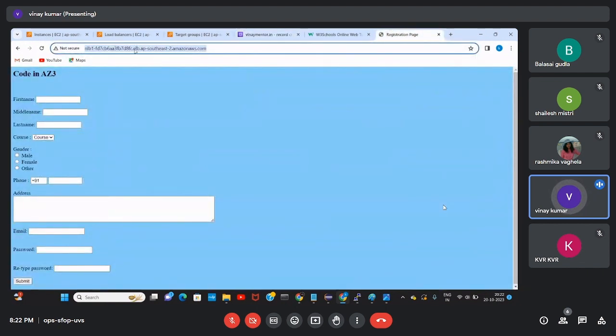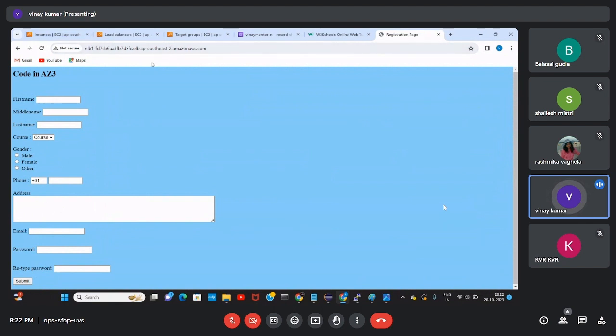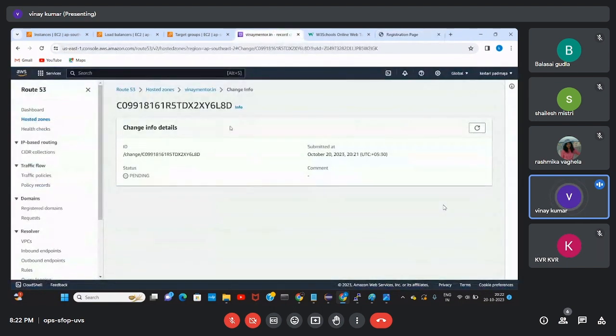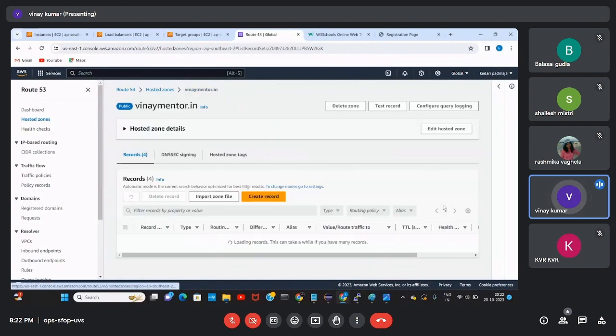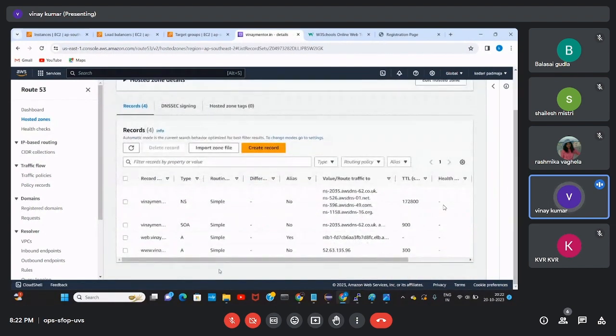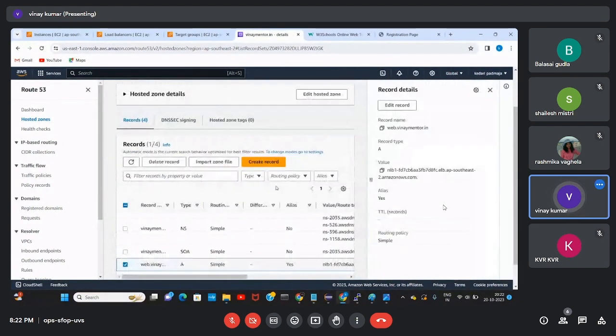Now we were searching with the load balancer DNS name, right? Now we can search with this domain name, and it will appear directly. This record name is linked with the load balancer, so it will also reach our servers randomly. You can check. We have created a record name with web dot, right? Just check there, this is web dot, and copy that one.